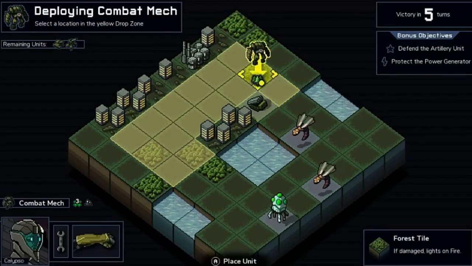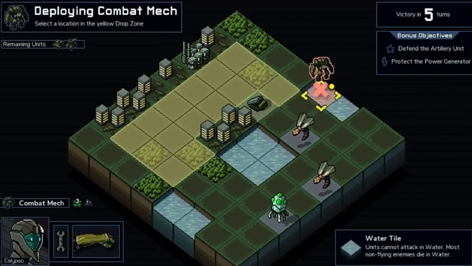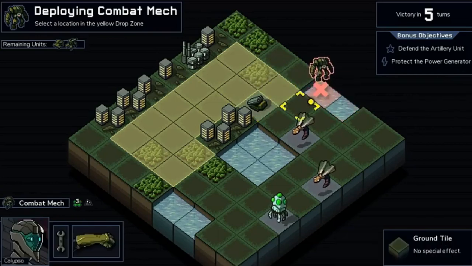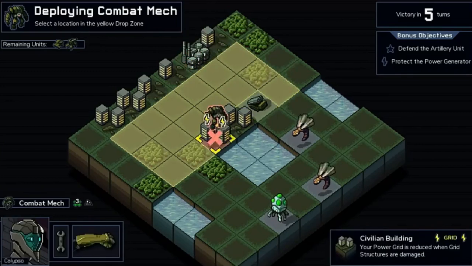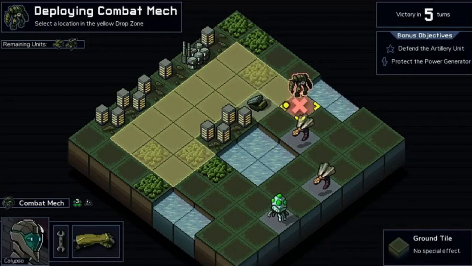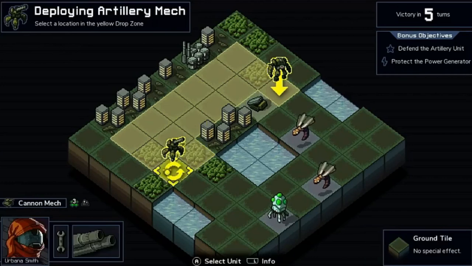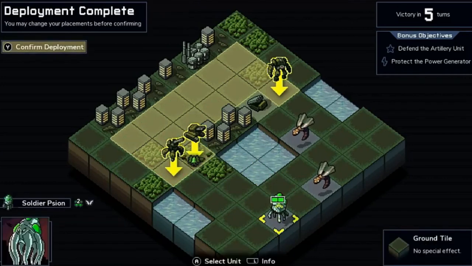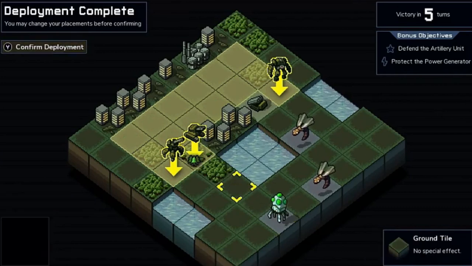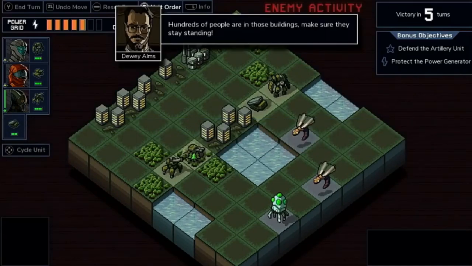Every mission comes with a little side objective, such as this artillery unit we've got to defend and use, and then we can protect the power generator over here. We've got to protect buildings. If buildings get hit, we lose power. If the whole grid loses power, we can't use mechs anymore, and everything bad happens. Just set him there and set him there, and we'll create a nice little wall that these guys can't get through. It has been a while since I played this,